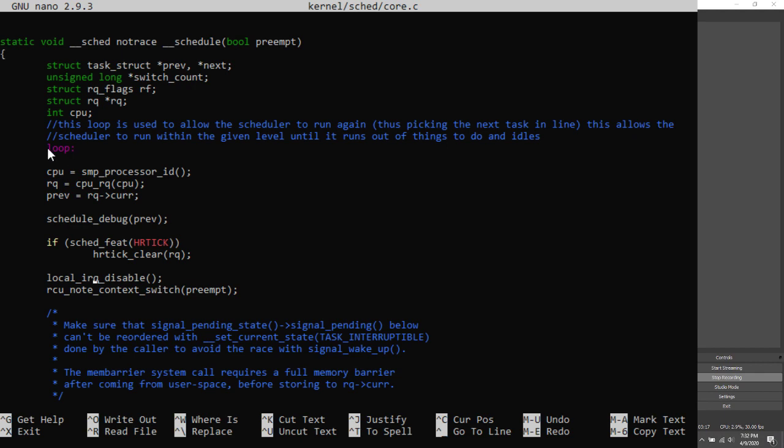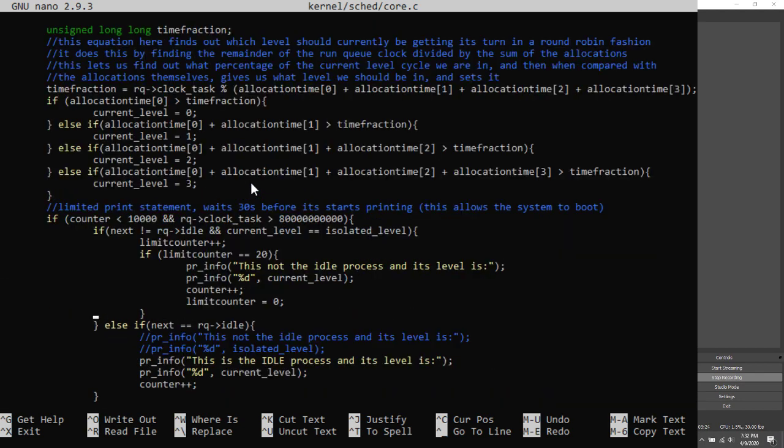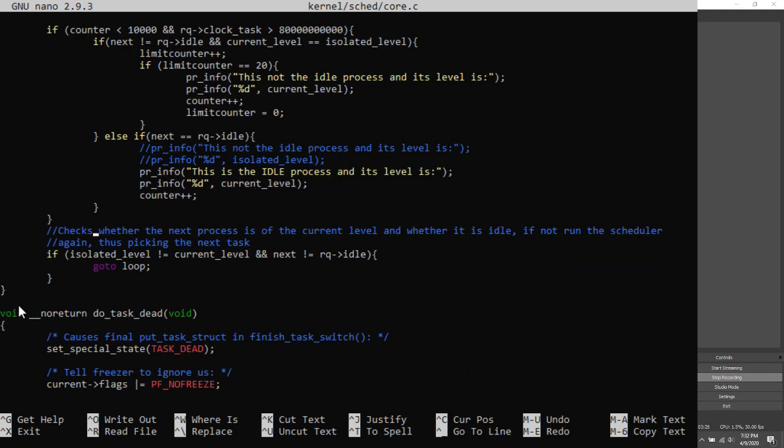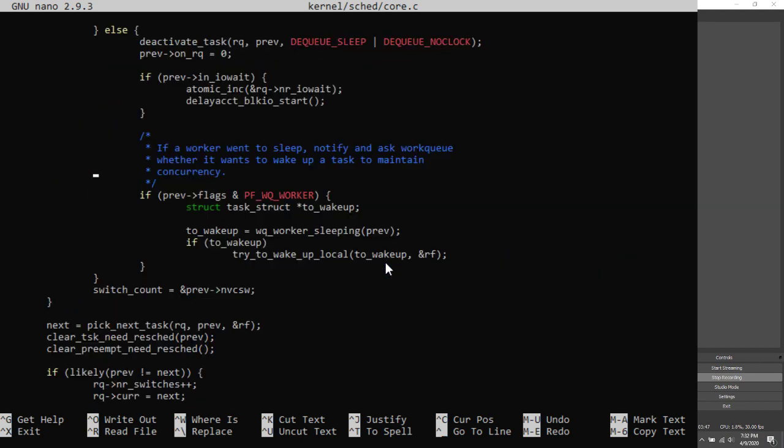So I gave it a loop using a go-to function, which is down here. And basically, it only loops back up to the top of the schedule function when the next process doesn't have the current level, and it's not the idle process. So it'll stop and actually get to the end if it is the idle. So the idea is basically up here, right here,